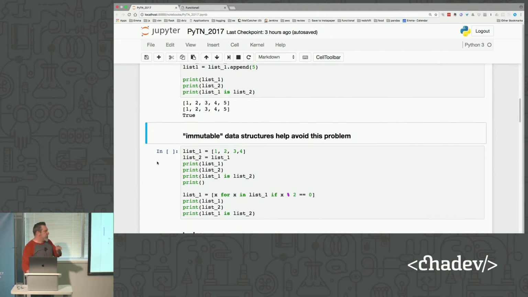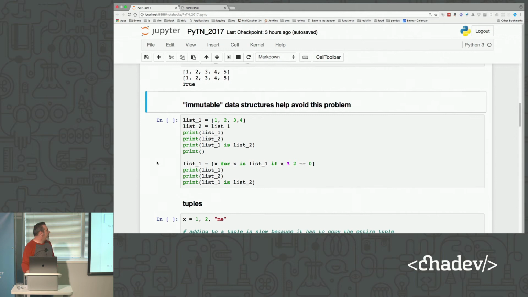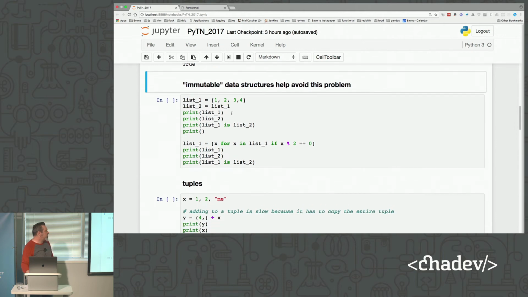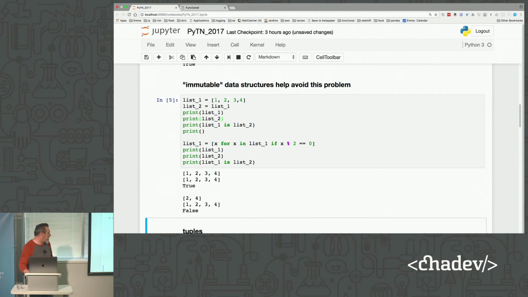So that's one of the problems that we have with mutable data structures. Working with immutable data structures helps alleviate that problem somewhat. You can see in the top part, we take a list. We're pretty much doing the same thing we did above. We validate that both lists are pointing to the same thing. In the second part, though, we take a list comprehension.